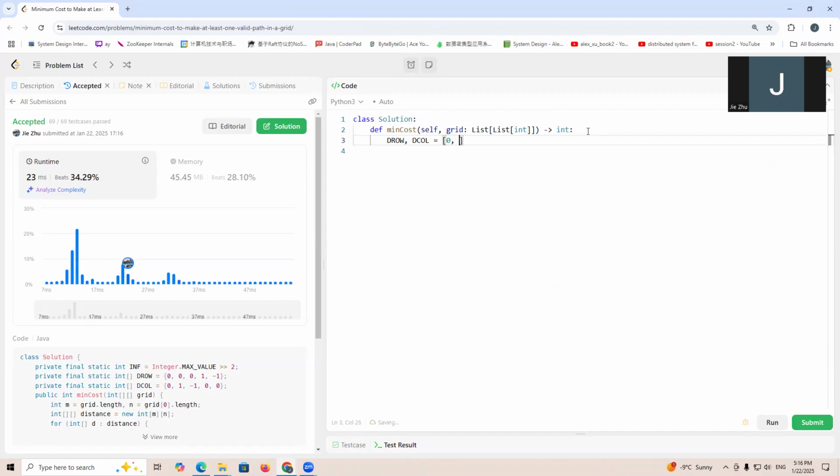So that is 1, 0, right, left, down, up, and this one will be right, left, down, up, right? So we have m equals length of grid and n equals length of grid 0. So we're going to have distance equals